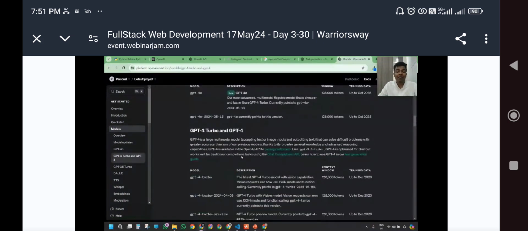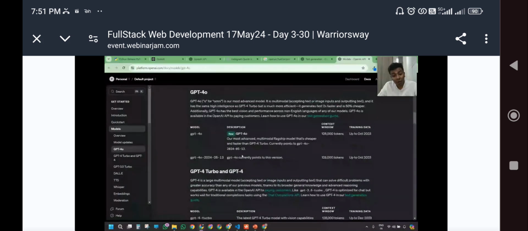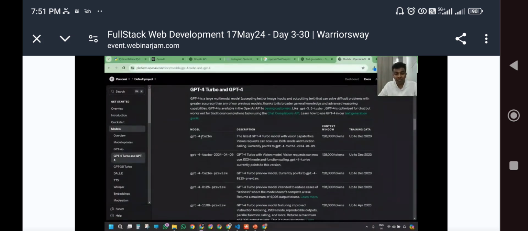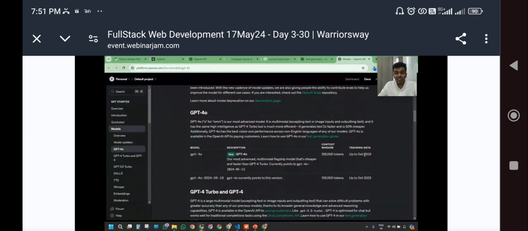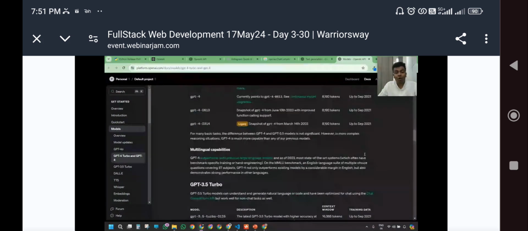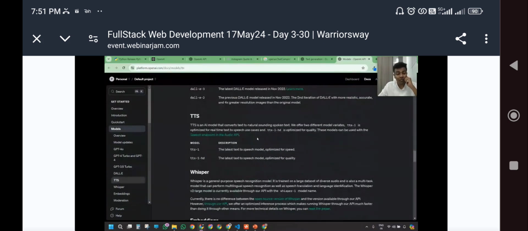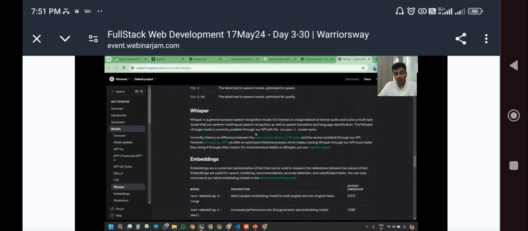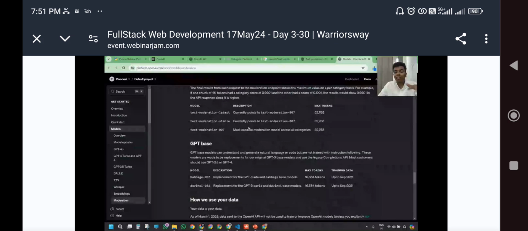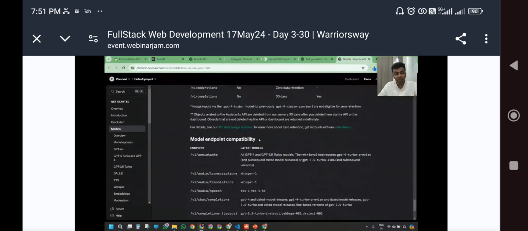Each and every model has different charges, guys. Be aware of it. Because if you are talking about GPT-4 Turbo, there is the context window and how much data, I mean up to which year the data got trained, which is December 2023. And this one is October 2023. So likewise, you can see all the model information, and pricing is also there. Each and every model, how much cost it will incur. If you are doing 1,000 API calls, how much money it will consume, they give everything in detail. Look at that. You can just go and check it out.